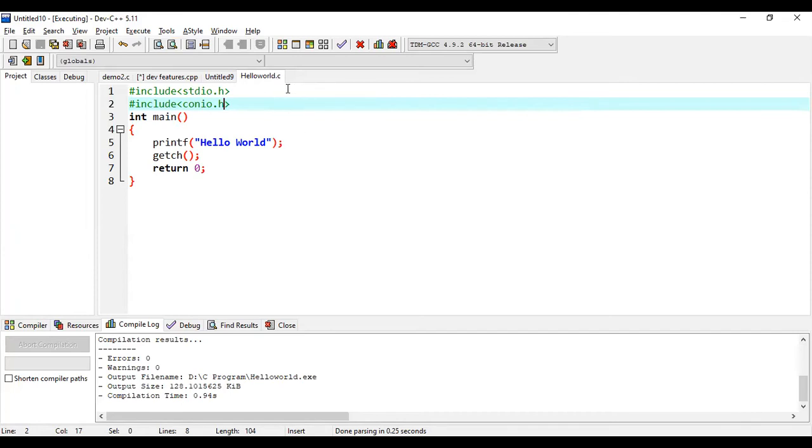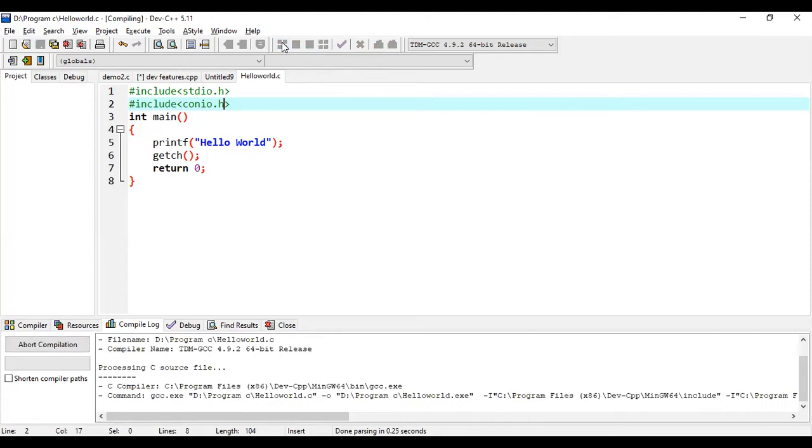Now we are going to compile and run the program. Here you have a list of icons. This one is used to compile the source code and this one to run the program. And here you have the options for both compile and run the source code. Okay. So now I'm going to compile the source code. Click on this particular icon.